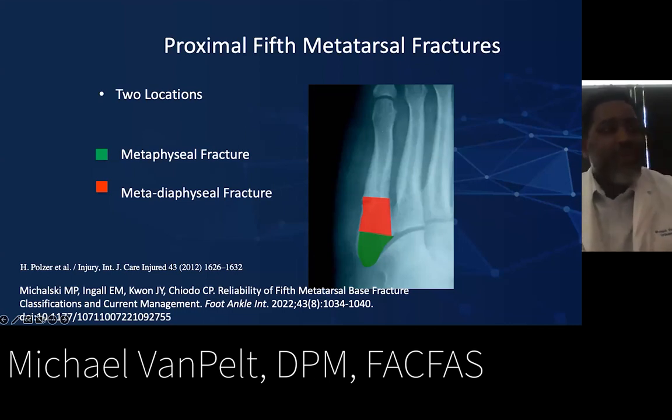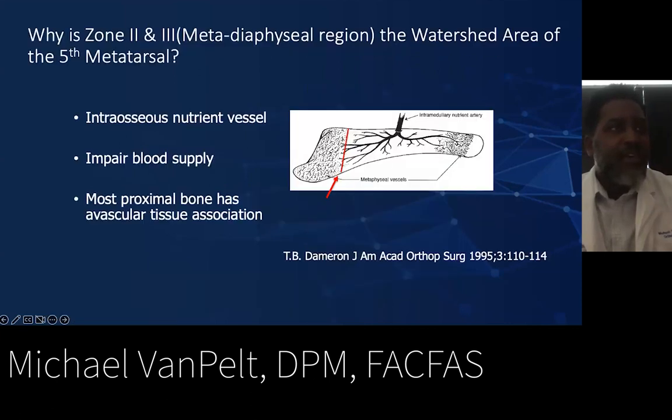But why is it that we treat them differently, and why are zone 2 and zone 3 injuries different from zone 1? Typically, this is because of vascular supply within the bone. And the vascular supply in the fifth metatarsal becomes very sparse in the region of that zone 2 and zone 3 area. You have one nutrient artery that comes in there and it provides significant blood supply to the diaphysis. But as you go proximally, it becomes a little sparse at that